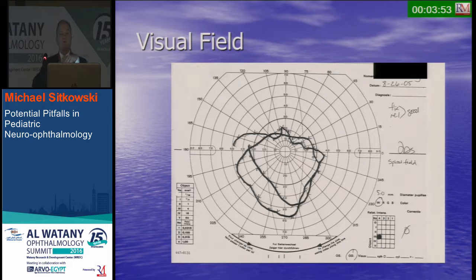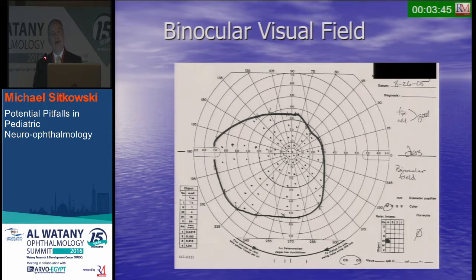If you think of the visual field as a hill of vision, you're cutting across this way, it doesn't move up and down like that. You can't have a spiral field like that. And here's on the Goldmann, the binocular visual field. And you can see this was a proof of non-physiologic visual loss, because on his right side, he only has